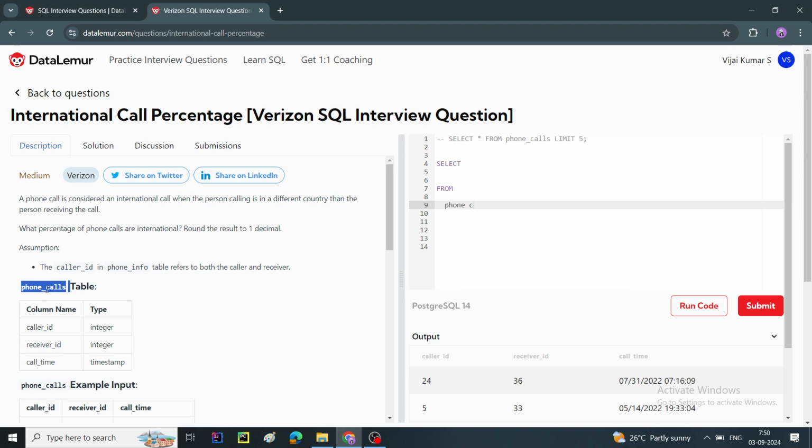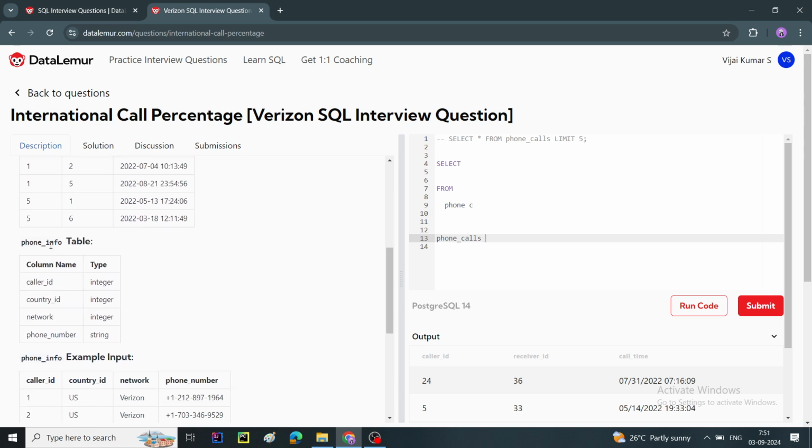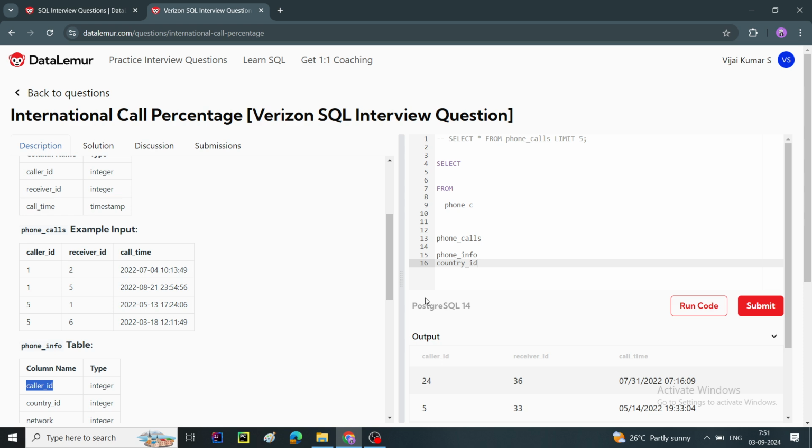Before that, I'm going to copy these required table names and column names because it helps me create the code. I'm going to select from phone calls and name it as A. After that I'm going to perform a left join, or else you can also do an inner